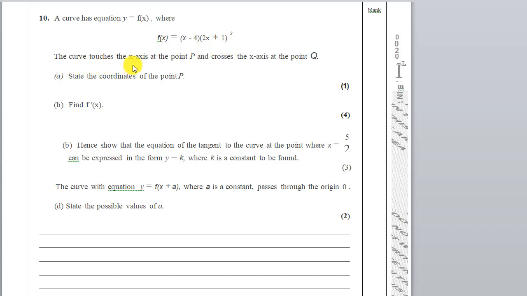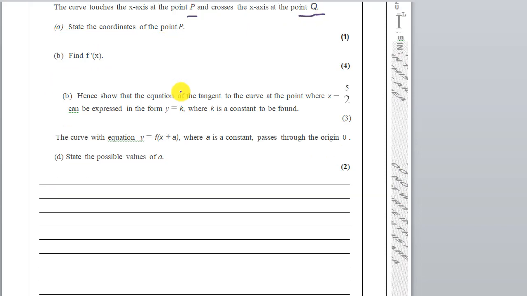The curve touches the x-axis at point B, so the first point is B, and then it crosses the x-axis at point Q. State the coordinate of the point B. So to solve this part,